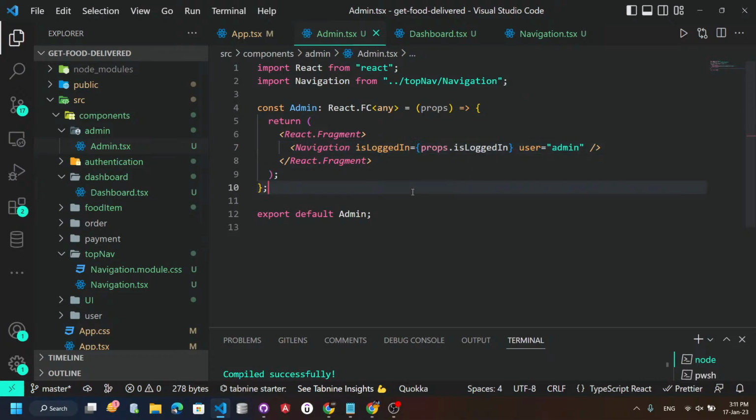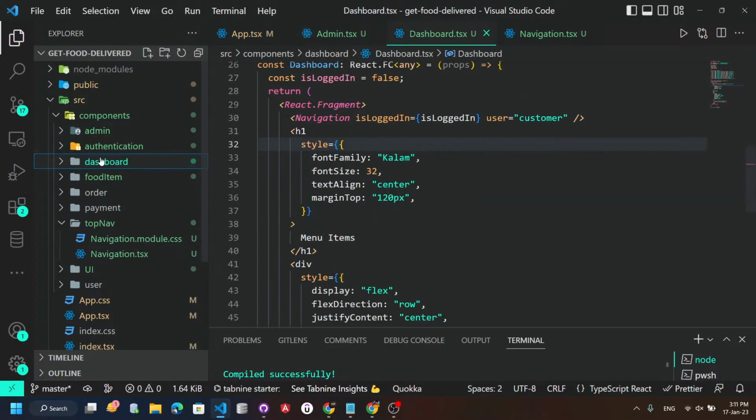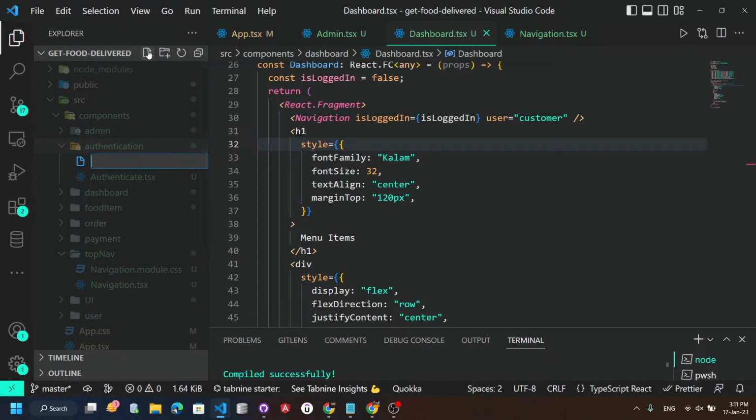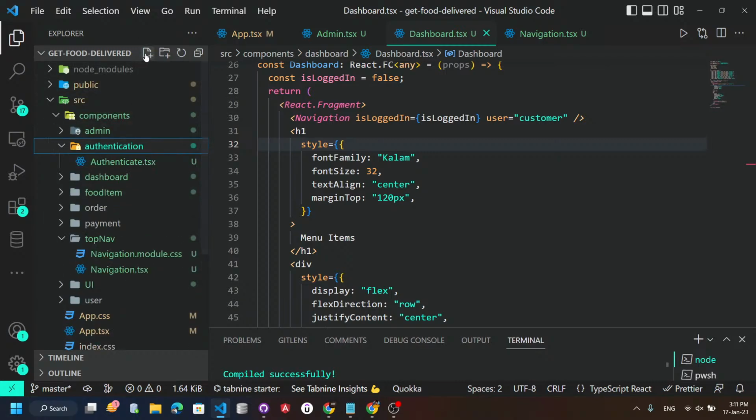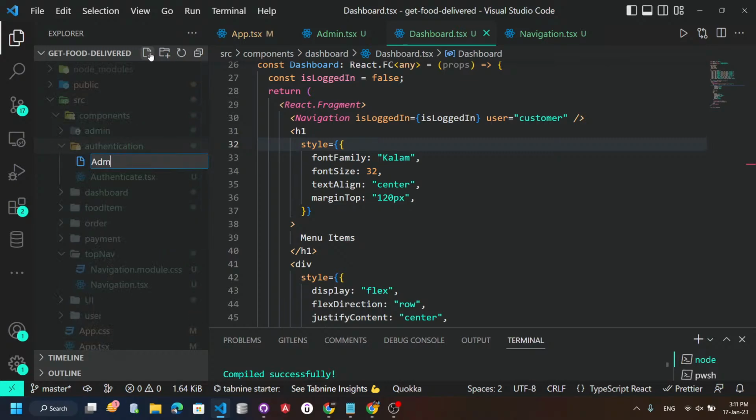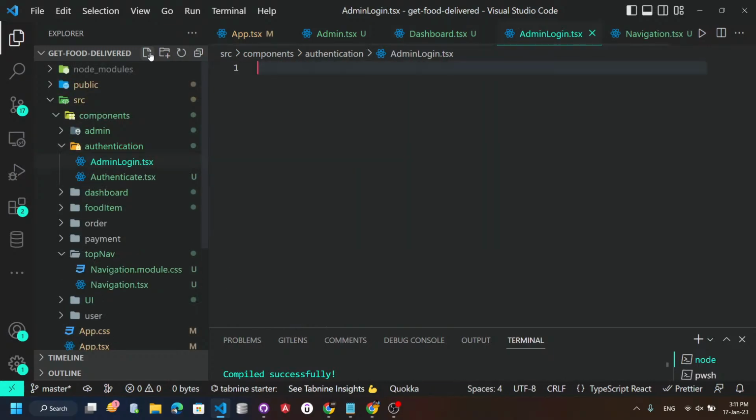अब मुझे क्या करना है, चलिए अभी हम सबसे पहले एडमिन का जो पेज है वो भी डिजाइन कर लेते हैं कि अगर एडमिन लॉग्ड इन में है तो लॉग्ड इन में वो किस तरीके से क्या दिखाना है और फिर क्या कंटेंट आपको दिखाना है। तो अभी यहाँ पे जो ये मेरा ऑथेंटिकेशन पेज है, अब मैं ऑथेंटिकेशन पेज में दो चीजें प्लेस करने वाला हूँ यहाँ पे। सबसे पहले मेरा होगा AdminLogin.tsx।